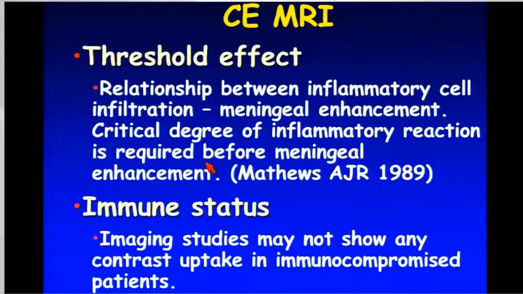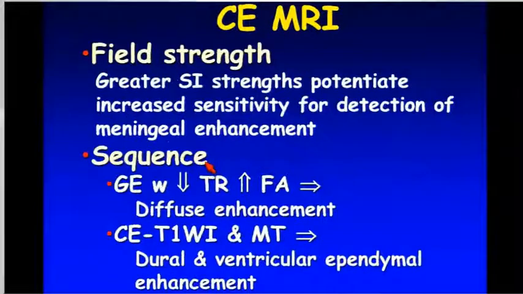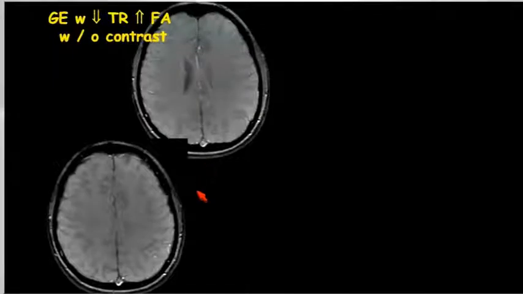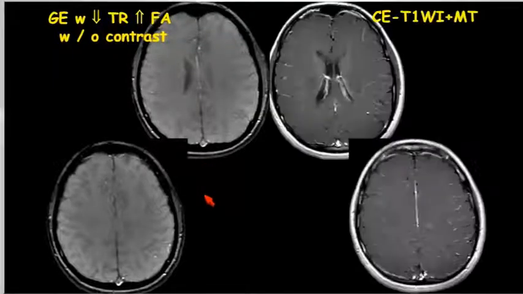We supplement that with the usual sequences like diffusion and all of your favorites. Let's see what we've got for some cases here. This is pre and post contrast. This is a gradient echo to show you that it looks like the meninges can be quite bright even on